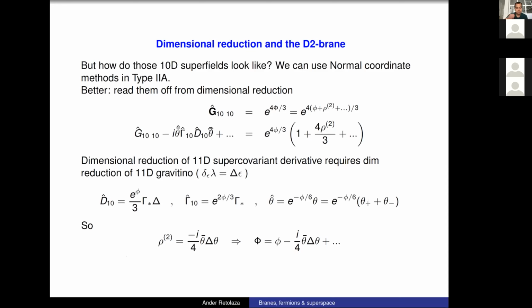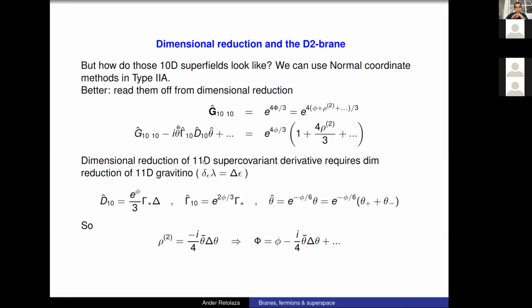In order to do that, I'm going to omit all the technicalities, but you have, for example, the supercovariant derivative in 10 dimensions. So in order to make a dimensional reduction of this, you need to perform the dimensional reduction of the 11D gravitino. And when you do that, what you find is that this 10th component of the supercovariant derivative is given by the dilaton, the chirality matrix in 10 dimensions, and